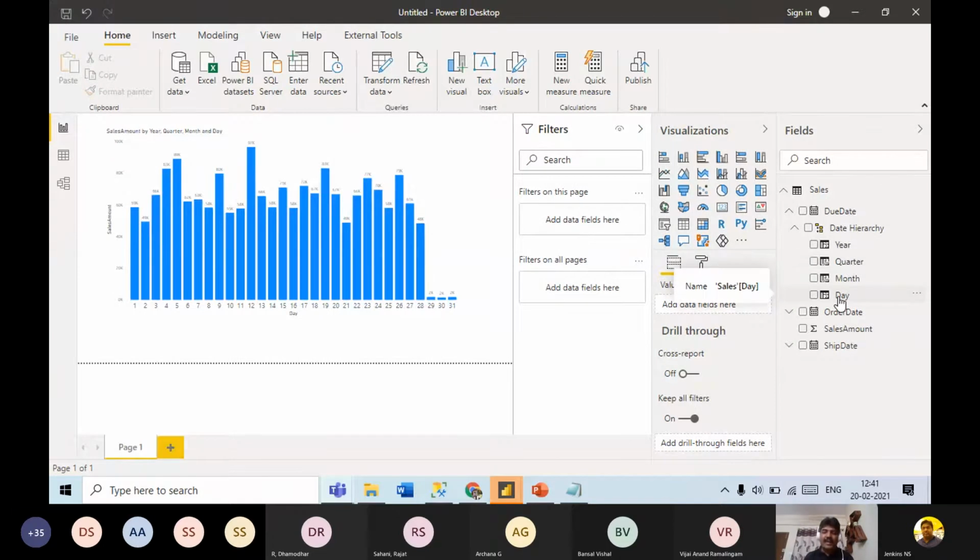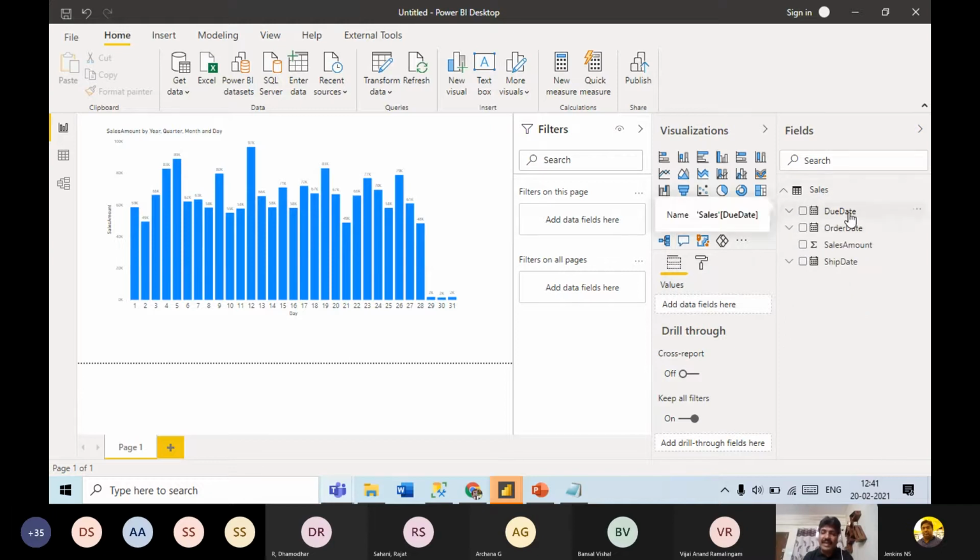Internally, what Power BI does is, any date column in your model, it creates an internal hidden table for that, so that it helps you to slice and dice data by using year, quarter, month, days. Okay. So this is the feature for all the date columns. By default, you get this, but it is creating a hidden table for each of the date columns.